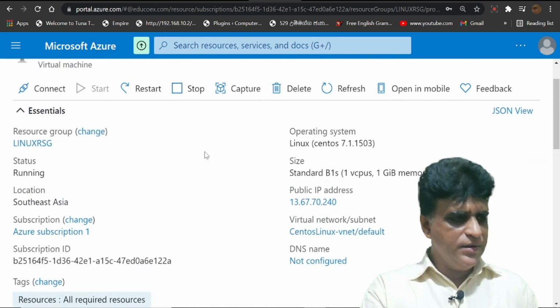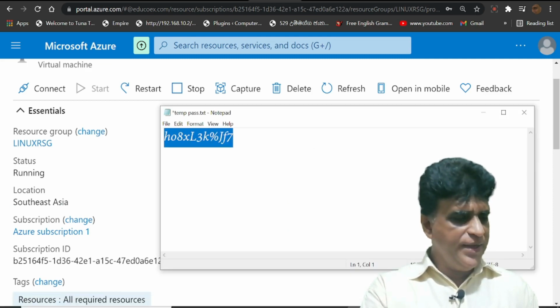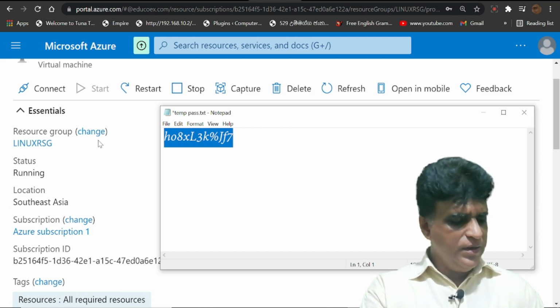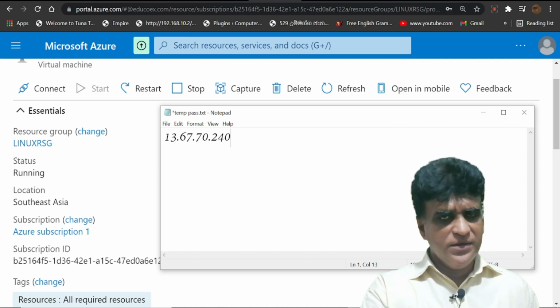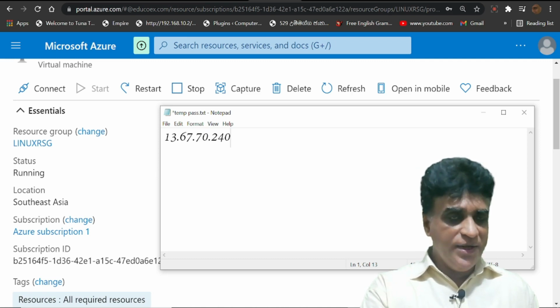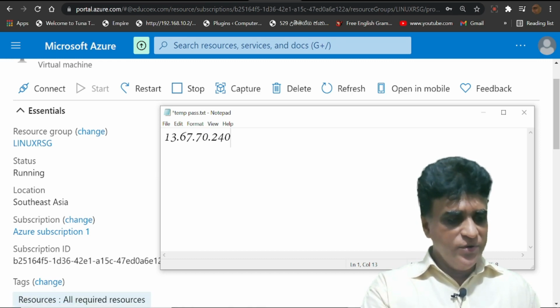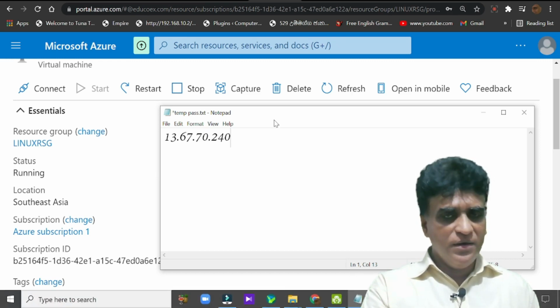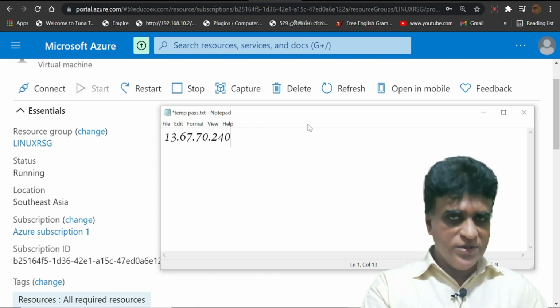Right, see this, these are configurations. This is very important. I am going to copy this to my clipboard. Another thing is I am going to paste it in my WordPad, 136.77.0.240. This is the IP address. This is a public IP address. Now we have opened the SSH port. Using an SSH client we can access the cloud platform, the cloud server.